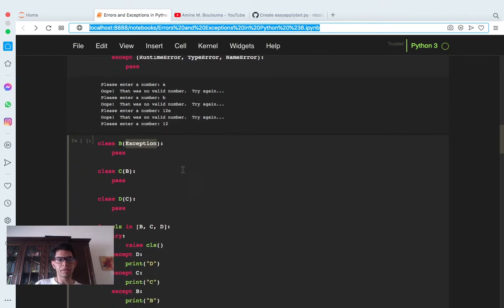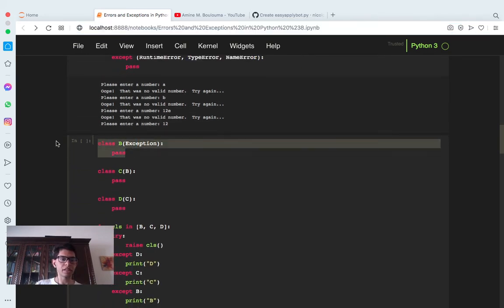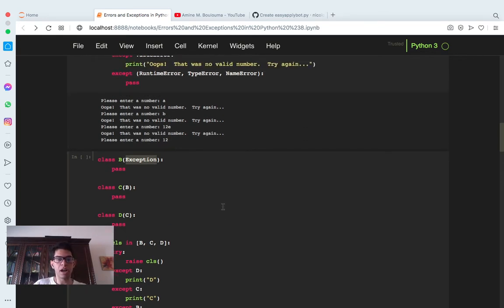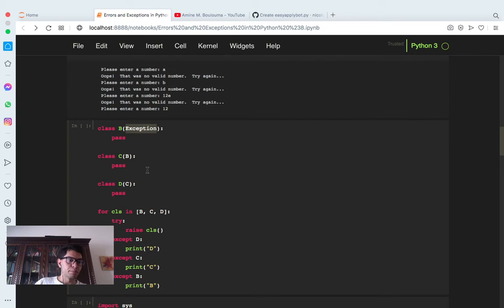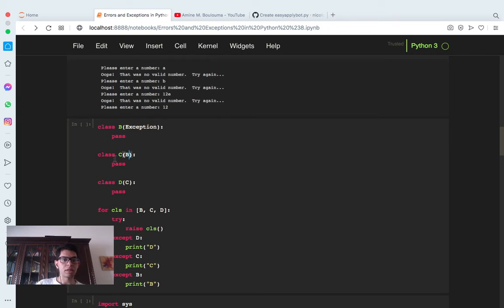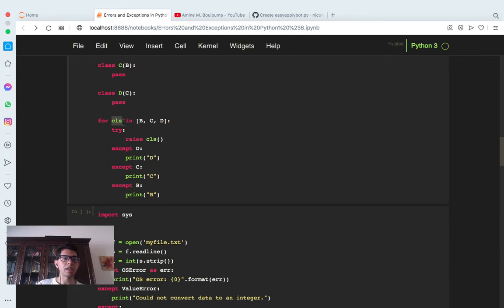And it inherits from this, and we say, okay, this inherits from this, and C inherits from B. What we mean by inherits from exception is that it takes all the attributes and methods. B is an exception class. For example, you would have RuntimeError, TypeError, NameError. They would all inherit from Exception. C inherits from B, so C is also an exception class, and D inherits from C, so D is an exception class. And so here, for cls in B, C, D, try raise